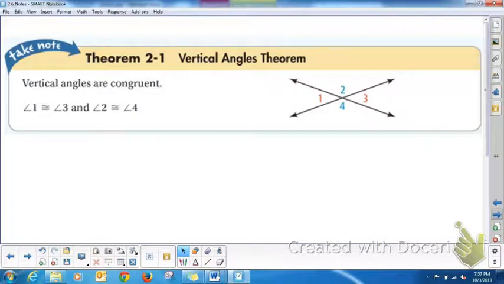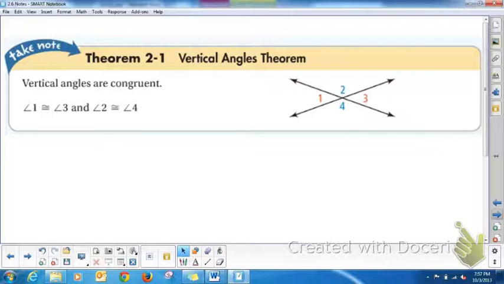We've discussed this before, Theorem 2.1, the vertical angles theorem, and it's that all vertical angles are congruent. In this picture, angle 1 is congruent to angle 3, and angle 2 is congruent to angle 4. Angle 1 and angle 3 are vertical angles, and angle 2 and angle 4 are vertical angles. Vertical angles are formed by two intersecting lines, and you might remember that they meet kind of like a V and an upside down V, or in the case of 1 and 3, like a left and a right